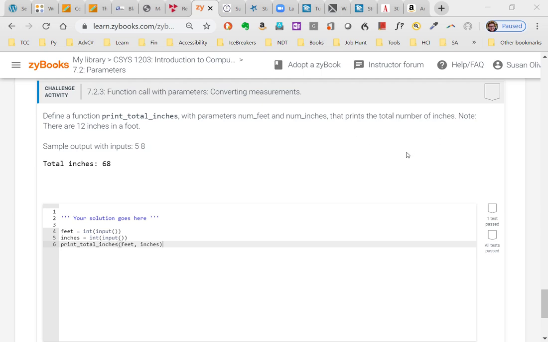So basically if we've got like 5'3", 5 times 12 is 60 plus 3 is 63. So 5'3" is 63 inches. Okay, so that's what we're trying to do. And then print it. So we're going to input the number of feet and inches and then print out the